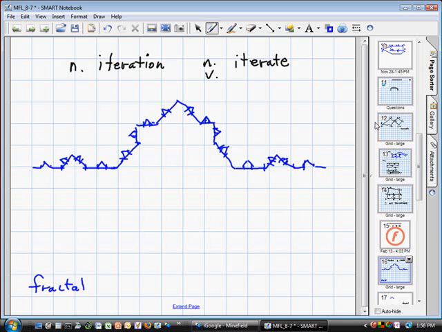Okay? Each time we do it over again, we're doing what's called an iteration. The resulting object is called a fractal. So when you do geometric iteration, the result is called a fractal. And these are really cool objects. Now, first let me just show you